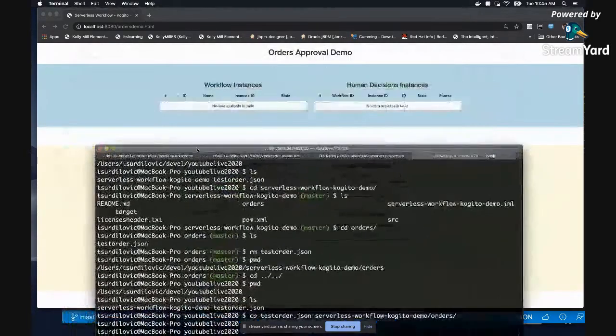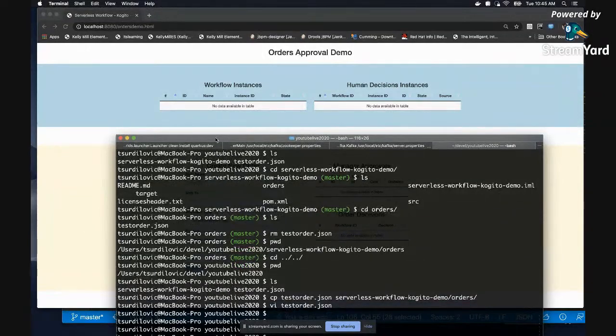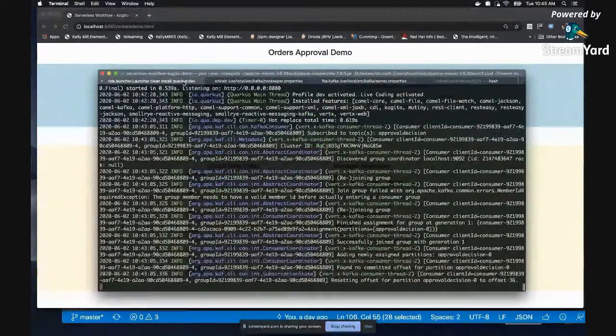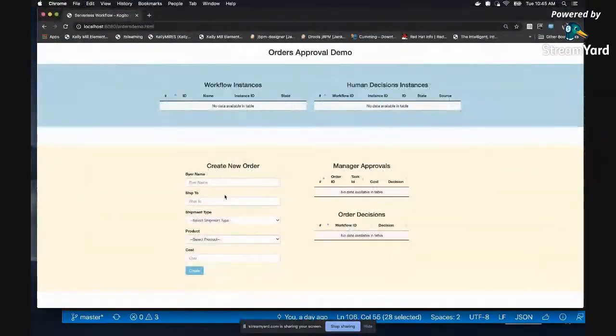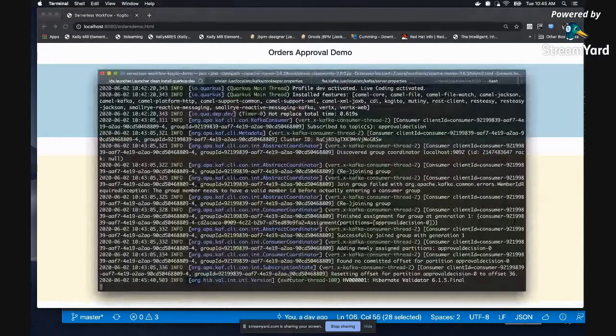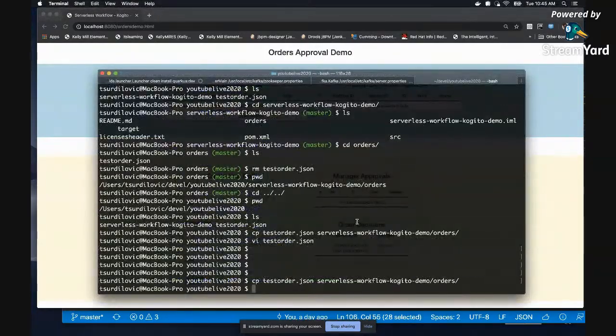And let's see that this is actually going to do something. Oh, well, is this even working? Let's try again. Well, let's try it this way. Oh, there we go, demo gods. All right, let's try this. All right, so this worked. I'm sorry, I don't know why Camel. Maybe I have the formatting right, but this should work as well. If I drop this test order to the orders, it should pick it up as well.